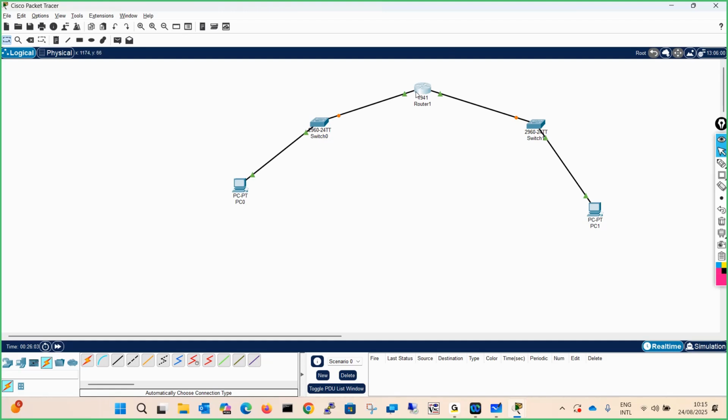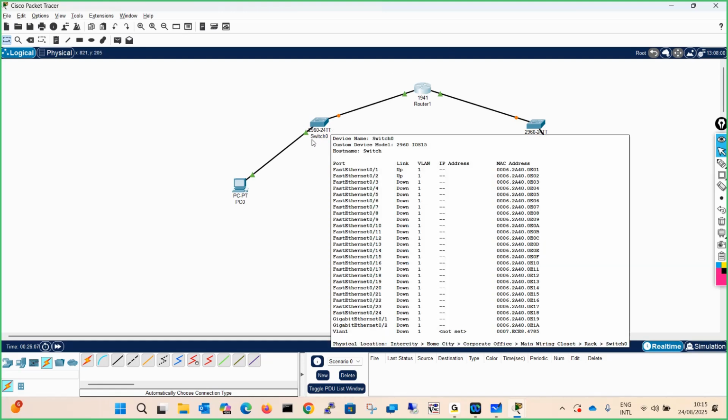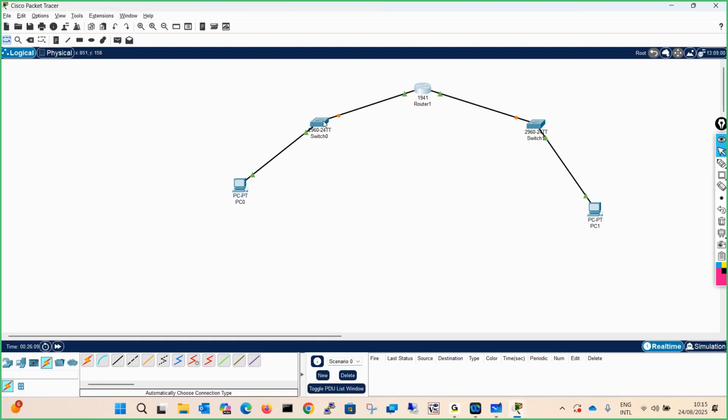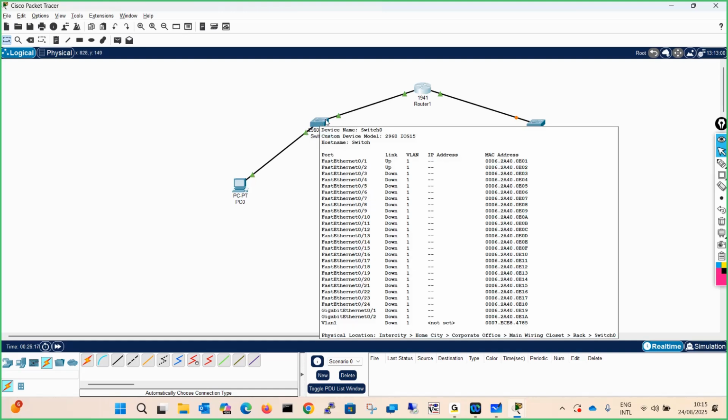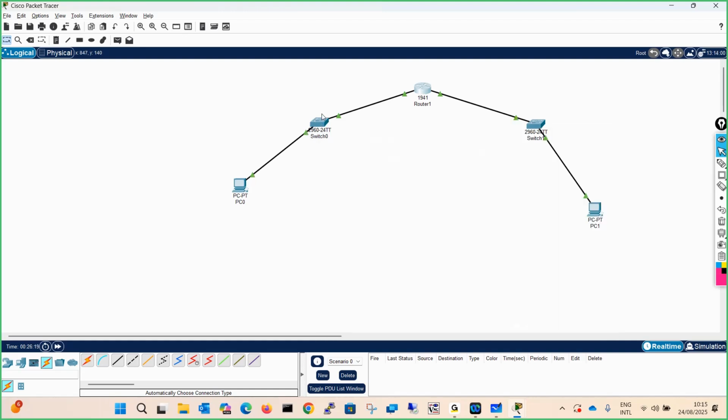Anyway, this is not part of the discussion, but the main concept was how you can divide the broadcast domain. Now, let's say, for example, among the 24 switch ports, you have put 8 ports in one broadcast domain and 8 ports in another broadcast domain. So the broadcast traffic from one broadcast domain will never pass to another broadcast domain. Is it clear? Any questions? Any doubt over here?